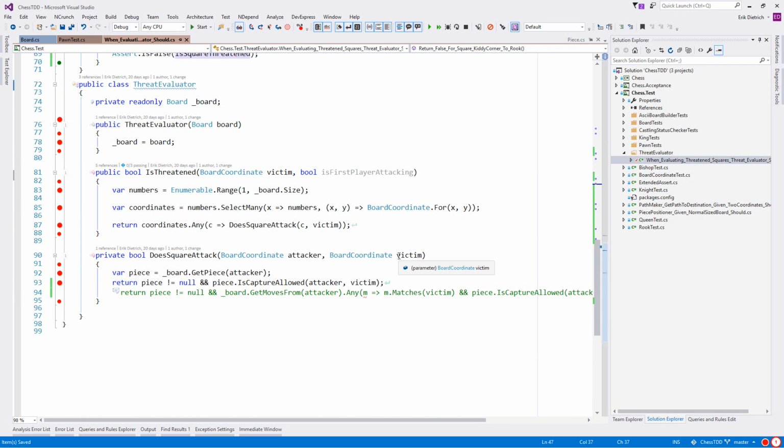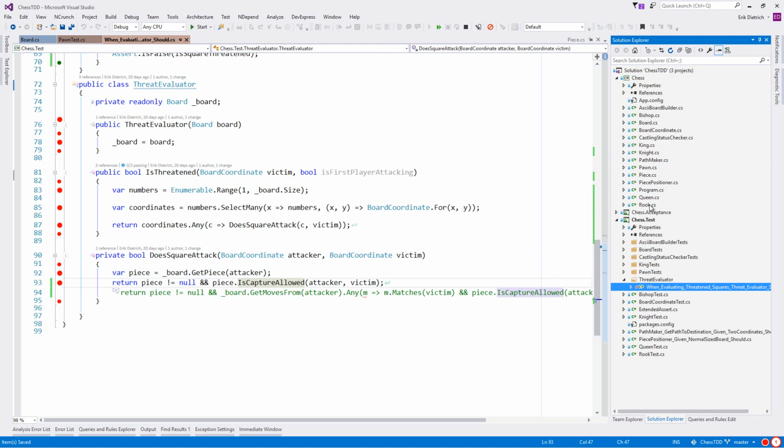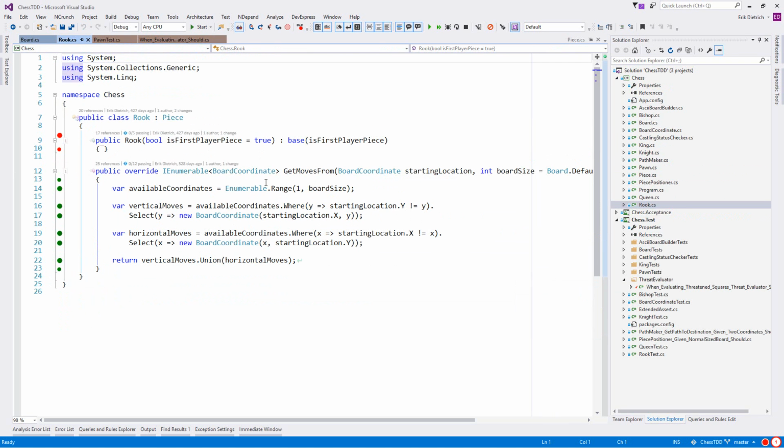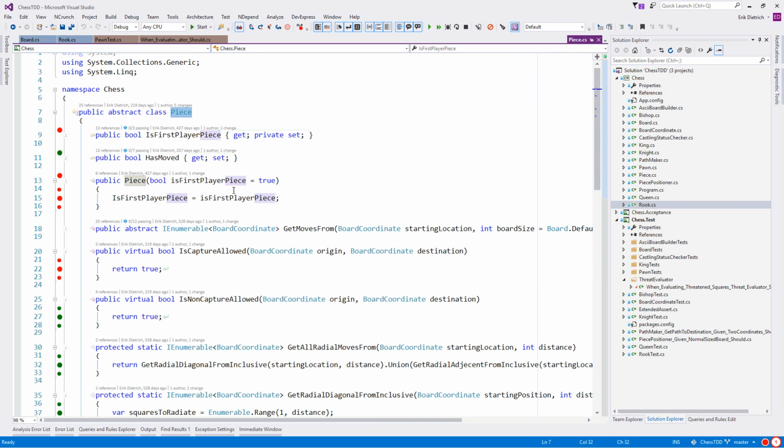And so at this point I thought, well, that's not an ideal implementation in the first place, because even though the rook can't move there, I shouldn't be relying on that. Is capture allowed is a public method, or an accessible method. I forget what the actual visibility is, but it shouldn't rely on another method having been called and preempting a bad implementation. So I should get here, and the default should really be not return true for any imaginable destination, but rather